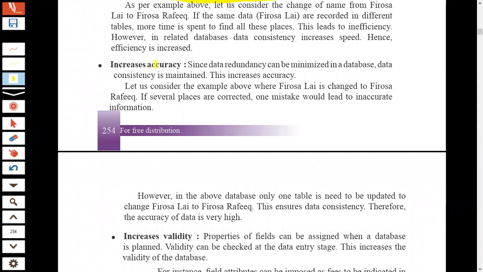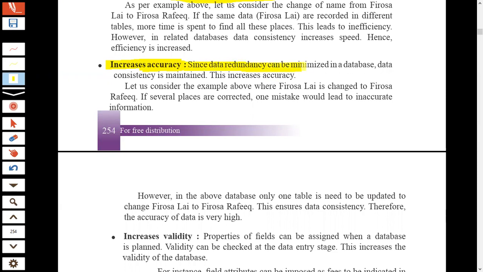Next one is accuracy. How can we improve accuracy? If we find data, read data, delete or maintain the database efficiently, then a minimum level of errors should occur, right? Minimum level of errors, because it is easy to maintain. If we keep a minimum level of errors, that means it is accurate, the accuracy of the data.